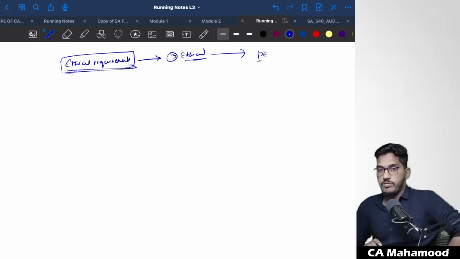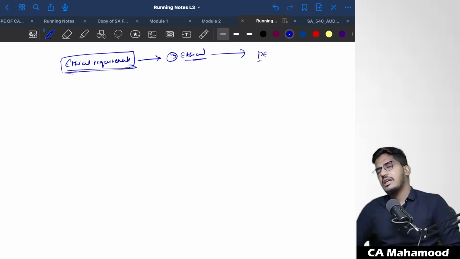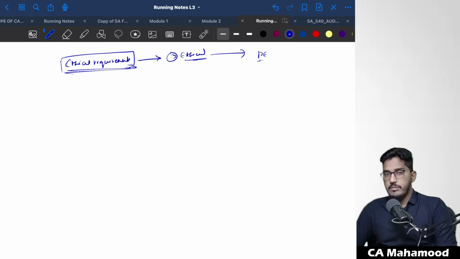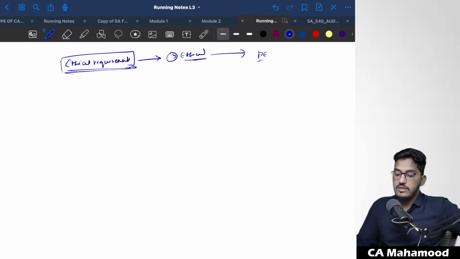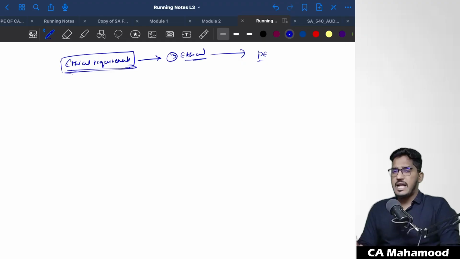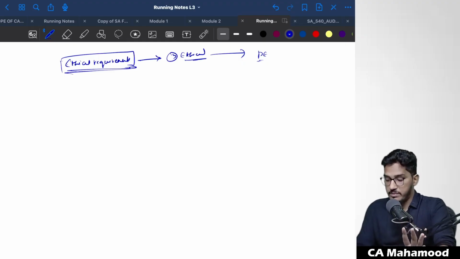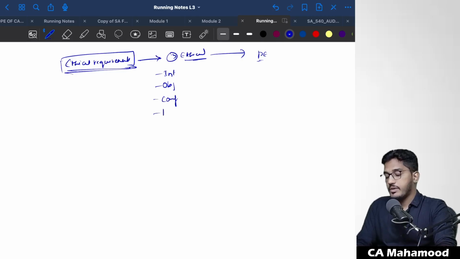When we take up the chapter on professional ethics and liabilities of the auditor, there we will try to understand in a much more detailed manner what those 5 ethical requirements are. But first I will list down the 5 ethical requirements. Even SQC 1 says that as a firm, whenever you are doing any engagement, you have to comply with 5 ethical requirements. The 5 ethical requirements are integrity, objectivity, confidentiality, professional competence and due care, and then